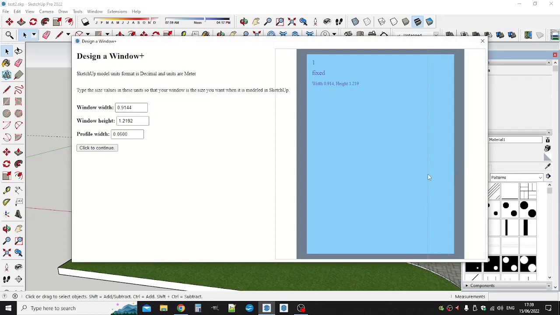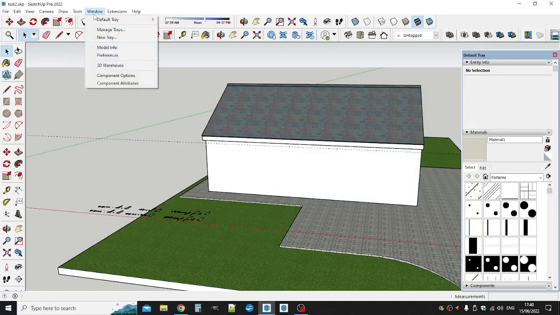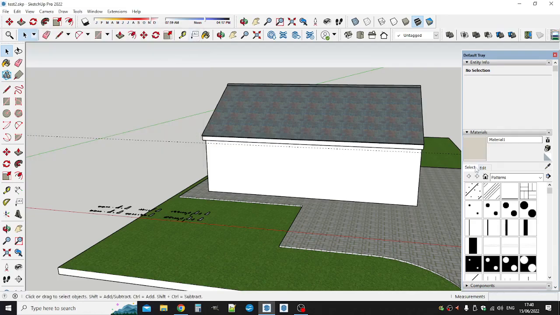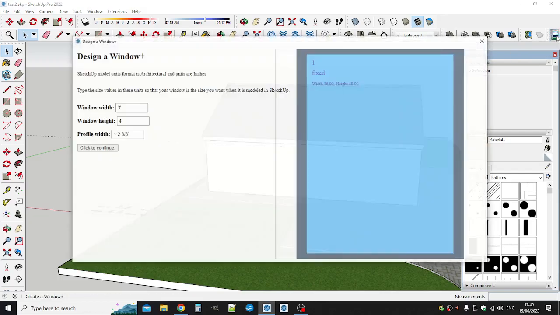And this allows you to size your window. It's in meters at the moment. We could actually put it into feet and inches if you like. I'll just do that, in fact. So if we go to Windows, Model Info, switch to Architectural, that puts it into feet and inches. So this is for our American friends and anybody who likes feet and inches. So we'll click on it again. As you see, it comes up with the feet and inches symbols,